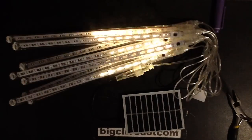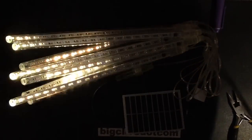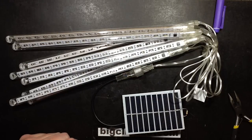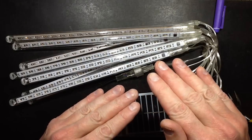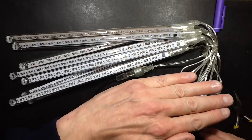That's looking pretty good. And if I turn the light on again, they've cut off and it's now charging the battery again. That's a good result. I wonder if that resistor is just a wee bit too...